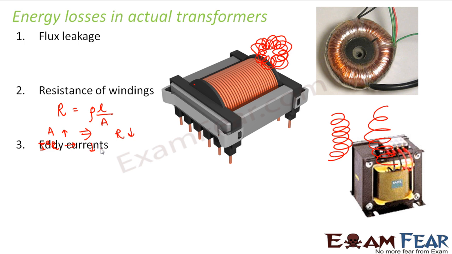So because of these eddy currents, what will happen? It might heat up the core to a very large extent and that might harm the transformer core, which may directly affect the functioning of the transformer. So one very good way of preventing it is to use laminated cores. That means the metal core or the soft iron core which we use at the transformer center,